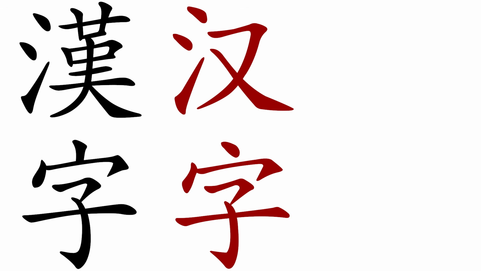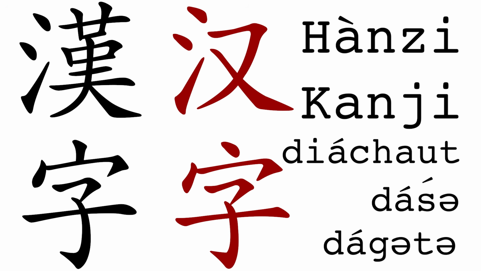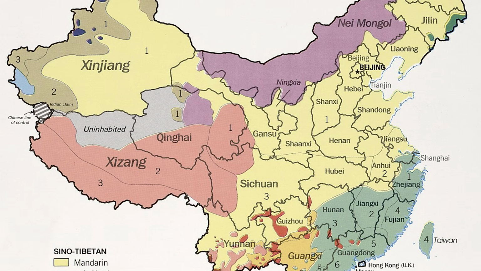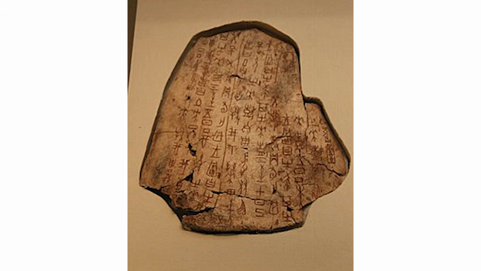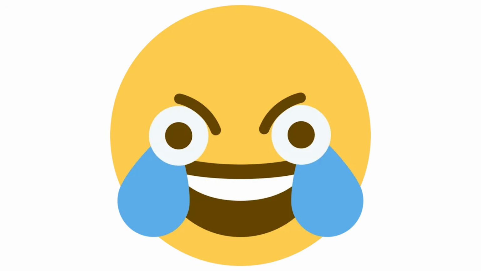Chinese characters, also known as Han characters, Hanzi, or Kanji, are part of a logographic writing system used to write the Chinese languages, along with a number of other languages influenced by the country. The earliest known version of this writing system dates back to 1200-ish BCE and is mostly pictographic, meaning the graphics are like pictos, and their appearance is directly linked to their meaning, like emoji.